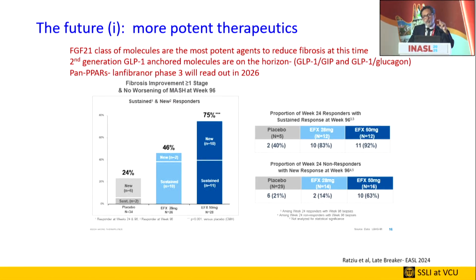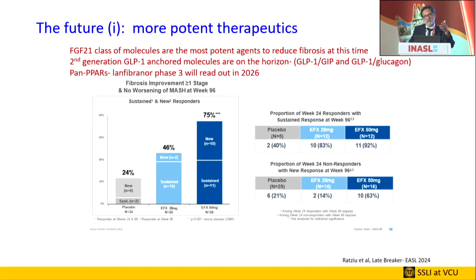It was published in Lancet Gastroenterology. And at the end of 2 years, you notice 75% of patients with stage 2 or 3 disease had fibrosis regression. So that's 3 out of 4 patients actually had fibrosis regression. And when we talk about NASH, fibrosis is really where the rubber meets the road. You know, if you don't have fibrosis improvement, you don't really have an effective MASH therapy because it is fibrosis that drives prognosis. If you don't improve the fibrosis, you probably don't have a drug that is going to be competitive in the market space. But to get 75% fibrosis regression really is a fantastic, dramatic finding.